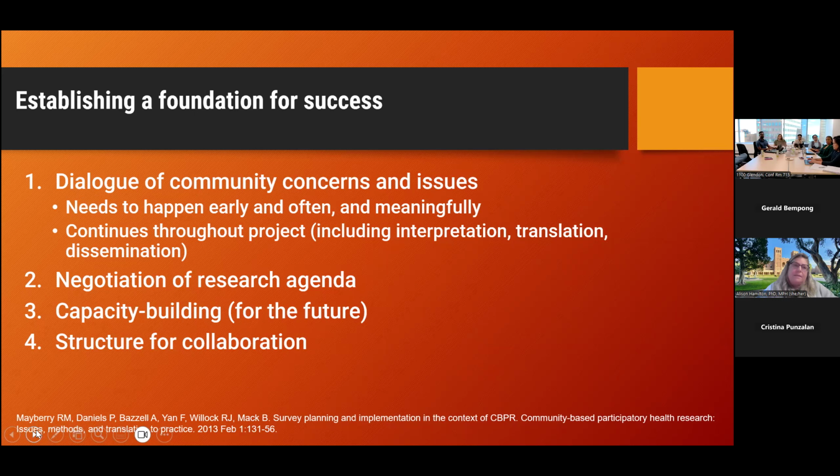I really like this idea, going back to what I was saying before about relationships and thinking about what you're establishing. There is an idea in the literature that you want to leave something behind, that you're not going in empty-handed and not leaving without having given something to the community where you were doing your work, if you are indeed leaving at all. This means capacity building, equipping people with new knowledge, new skills, new tools, whatever shape or form that might take. It means that you're providing something of service that they have shared with you would be of interest to them. And that really helps with the future and the sustainability of these relationships,